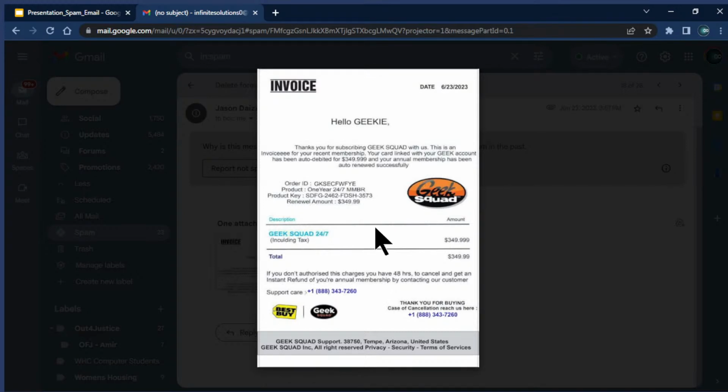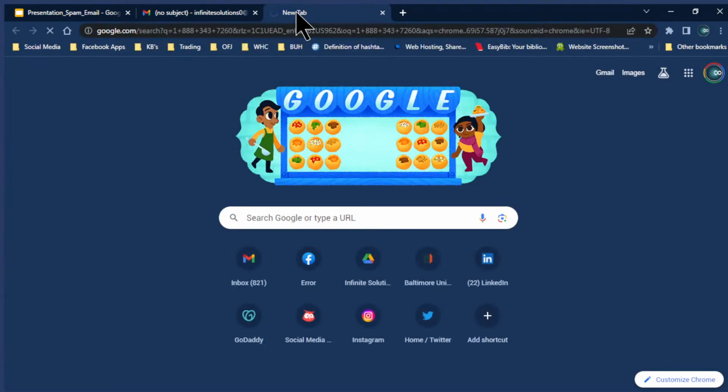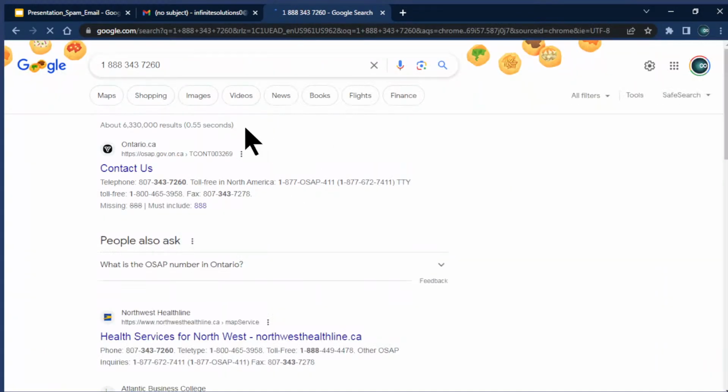Now, if you're going through this and you're still not 100% sure, for whatever reason, once you've gotten through this invoice, check for the phone number, right? You can do a Google search for that phone number and find out if it's legit or not. So we're going to do that real quick. And we're going to Google this phone number.